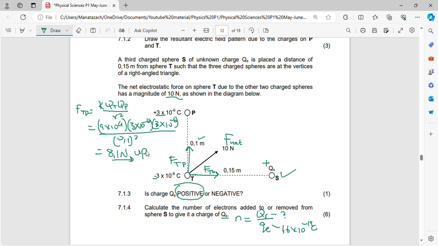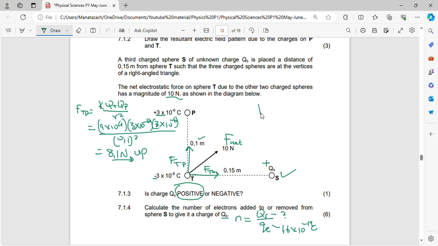It's up. That's why I said you don't need to write a negative sign. You just have to write this direction. You know that this resultant force has got a vertical element pointing upwards, so the direction of the force would be up. We'll do the same thing for